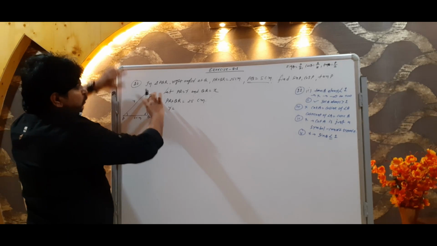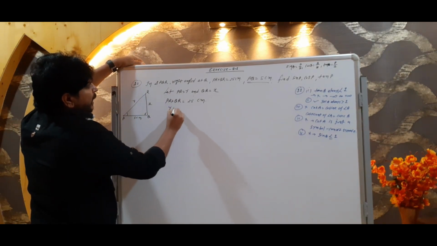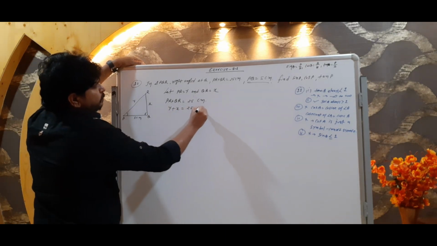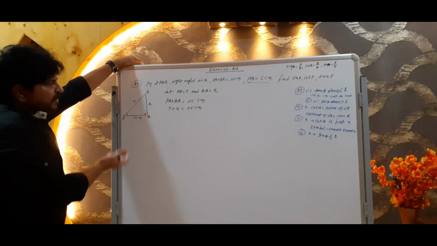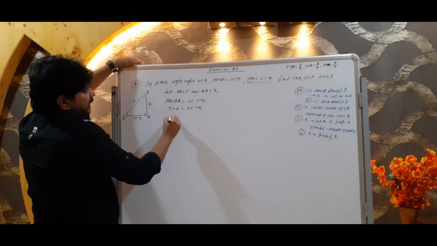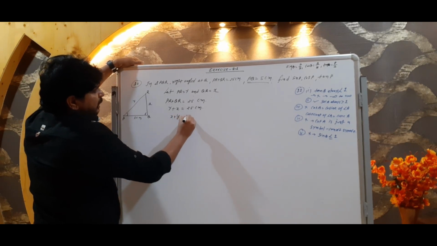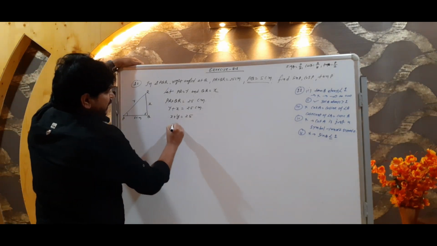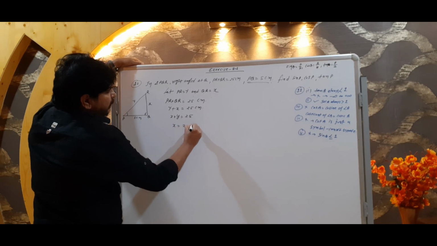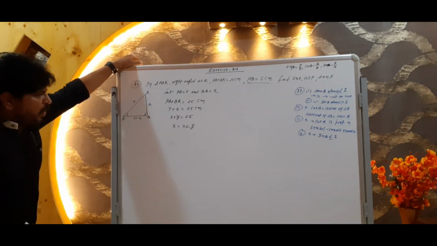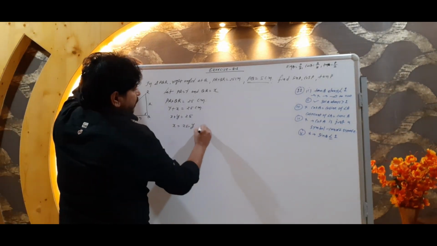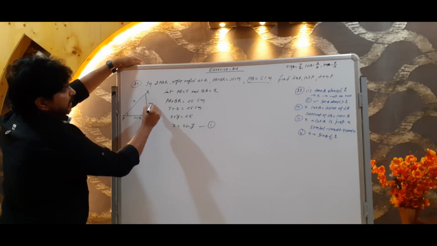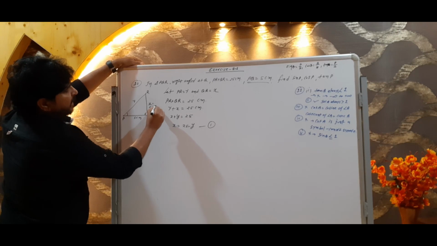And QR, what is the value of QR? It is X. Yes. X plus Y is equal to 25 centimeter. So from here we can find out one's value. Yes, we can find out. We can write like this: X plus Y is equal to 25. Not an issue. Or we can write like this also: X is equal to 25 minus Y. Okay guys, तो हम इस X की जगह क्या लिख सकते हैं? X is equal to 25 minus Y.